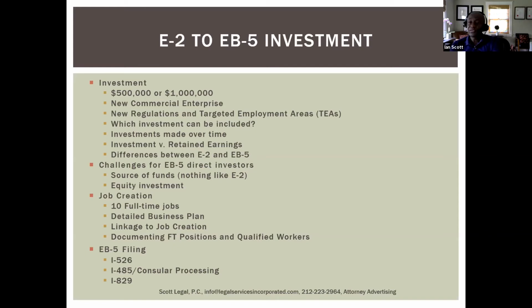So this is another significant way we do a lot of these types of movements to green cards, and it's E2 to EB5 investment. Now, the EB5 has some similarities to the E2 in that it's an investor visa, but it probably has more differences than similarities. So the first thing to keep in mind is that if you have an E2 business, then you'd look at that particular E2 business and see what money you've spent in it. And it could be that some of the money that you've already spent and invested can count